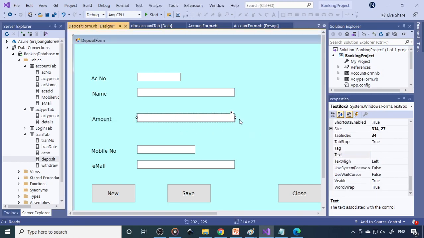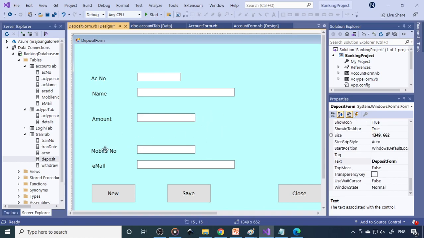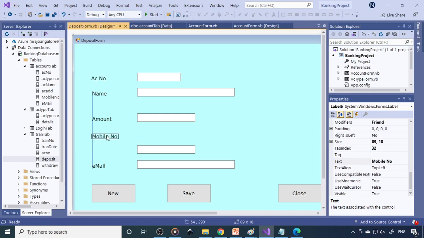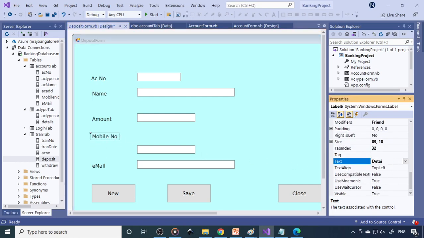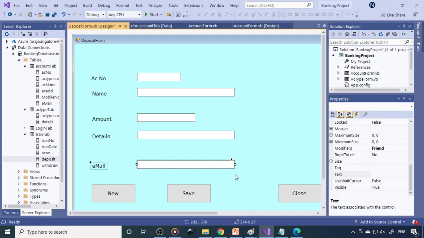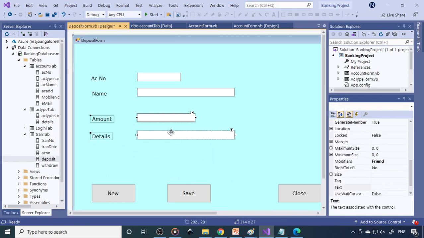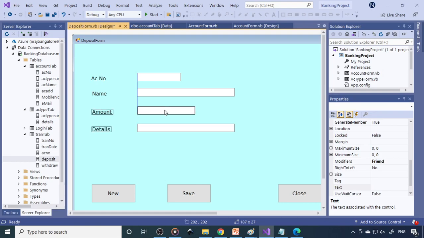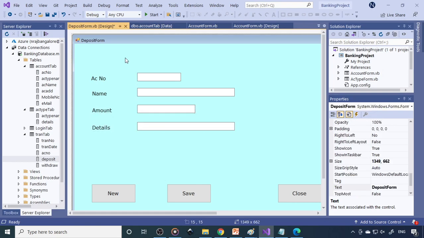Let's say it's amount. Fine. So we can put one more column as details. Anything related to that you want to write, so we can write in the details now. Okay, so this email is not required, I will take it out. Okay, so you require one more number, transaction number.